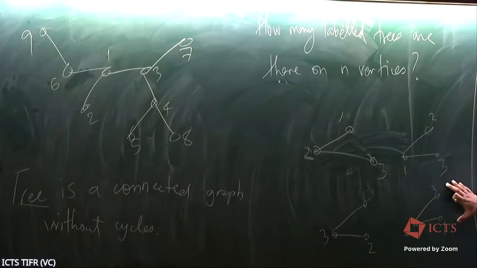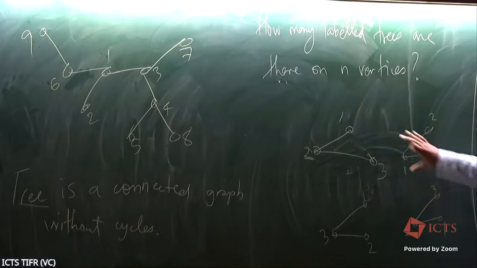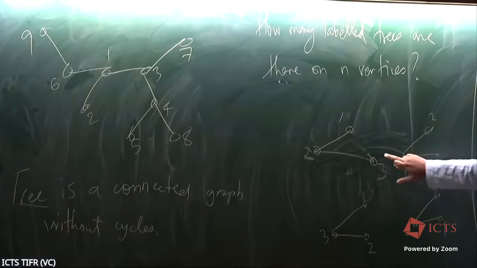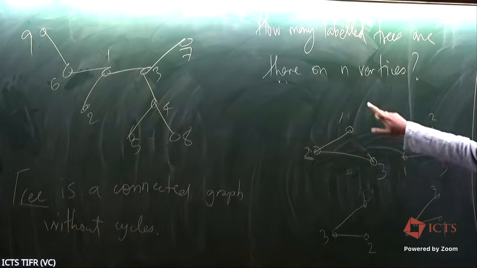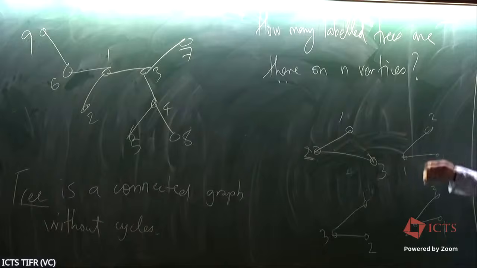I could have drawn the same label tree this way or that way, depending on where I put the 3, but that doesn't really matter because I could have mapped this vertex here, and this one upstairs, and then I would essentially get a bijection. So that's what I mean. So this doesn't really count. Does that help? Thanks.